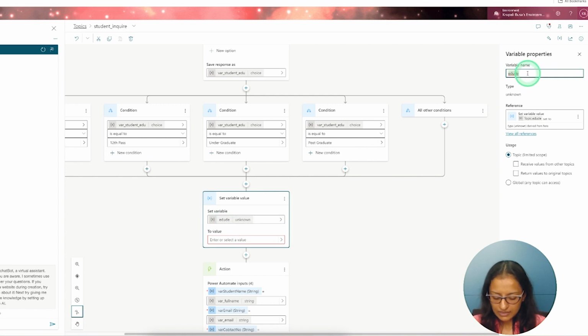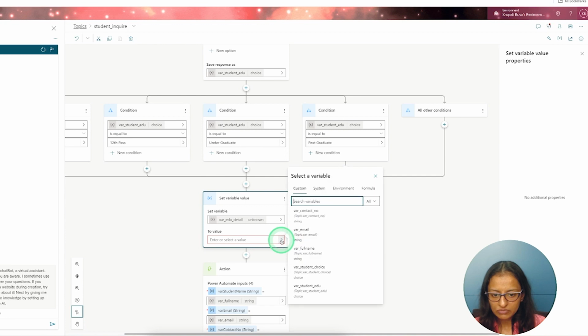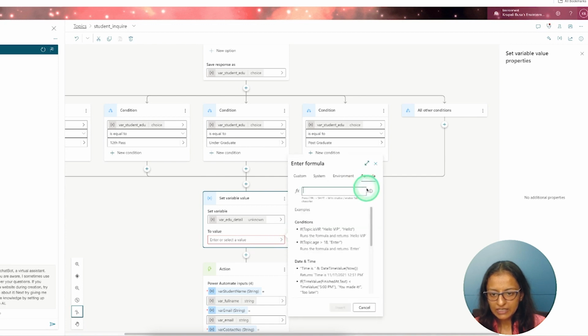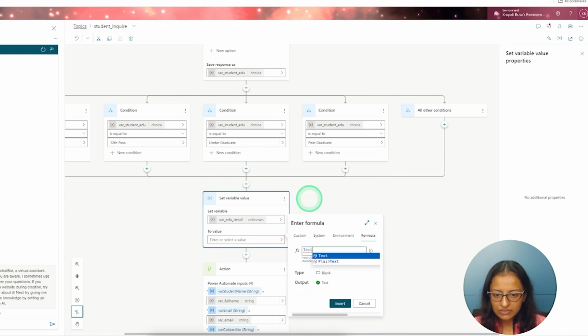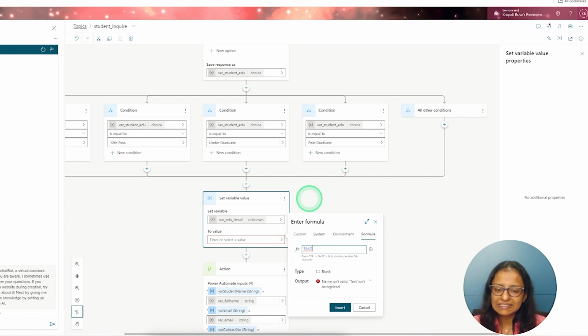Double click, and edu detail, and prefix make it as a var underscore edu detail. I am converting this educational choice data type into the text. So I need to click on this sign and go to the formula and convert into text. That is, text is converting any data type to the text.